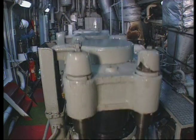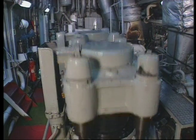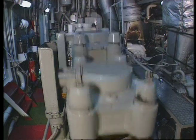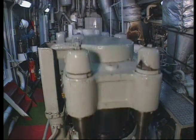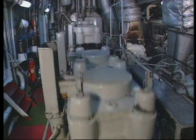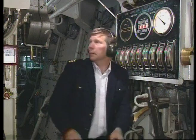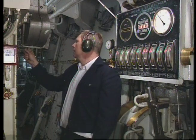The main engine is built at Akers Mekaniske Verksted in Oslo in 1960, licensed by Burmeister and Wine in Denmark. The total effect is 3,450 horsepower. Then the engineer transfers the operating of the engine to the bridge. He signals this to the bridge,